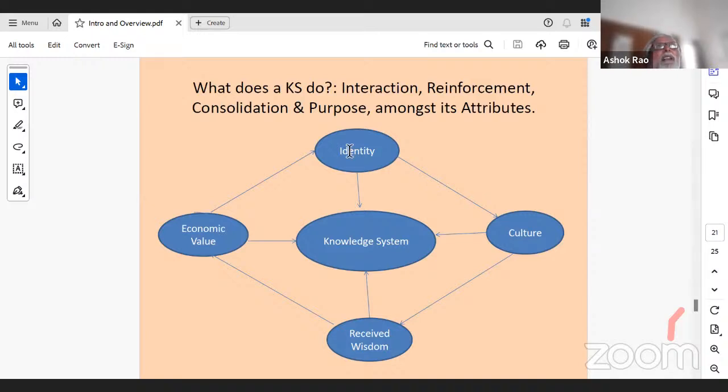It provides an identity. When you say you are an Indian, what does Indian mean? After all, every human being has two legs, two hands, face, everything. And if you give them one common language, yes, everybody will speak the same common language. Still, what does it mean to say I'm an Indian? Or within an Indian, what does it mean to say I'm a Kannadiga? That's one. A culture and the identity, culture, and the wisdom, right?